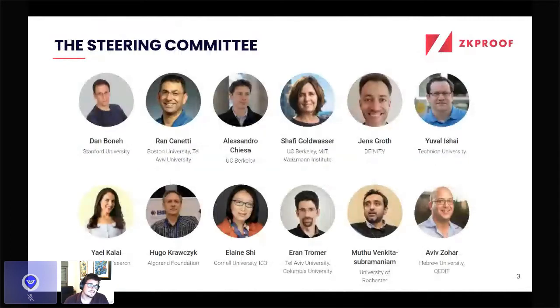This community and the effort is led by this steering committee. It's composed of top researchers in the field of cryptography. I'm sure you all know some of the names. I don't know if any of them are here at the event. If so, thanks for your work. They actually represent many different branches of zero-knowledge proofs, right? We know that there are many ways of building protocols, and here you can find several of the founders or main pushers of those branches, especially from a research perspective.